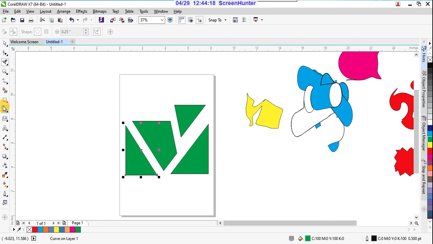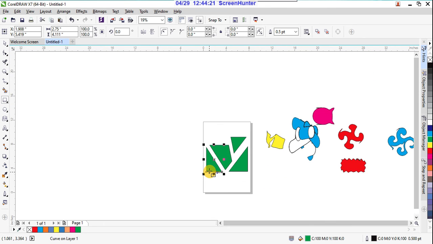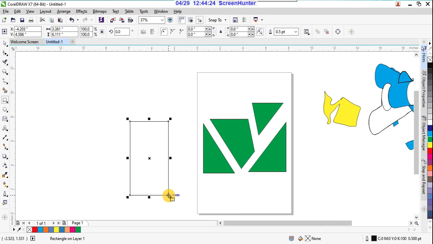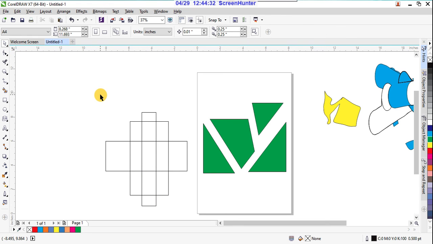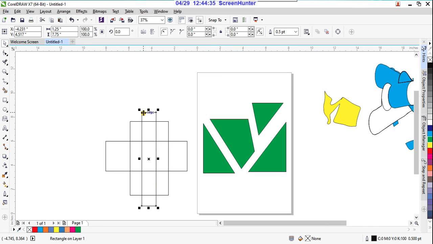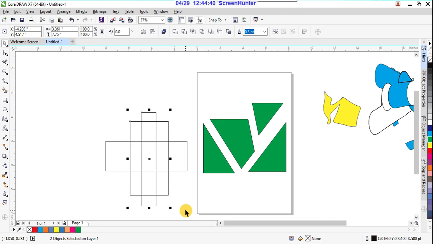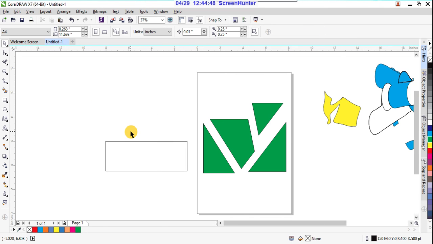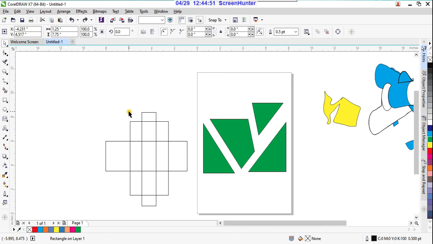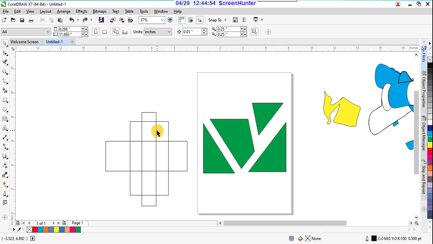So how does it work? You can observe here I'm drawing one box here, and over that one more box, and here again one more box. See, these all overlap each other. This is 1, this is 2, and this is 3, right? These are the three boxes. Suppose if I delete this, see, one by one it is removing, but I want only that overlapped portion. Suppose I want to delete this portion, and this portion, only this area.